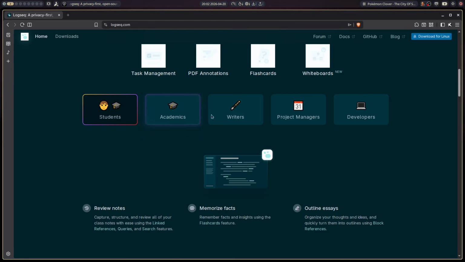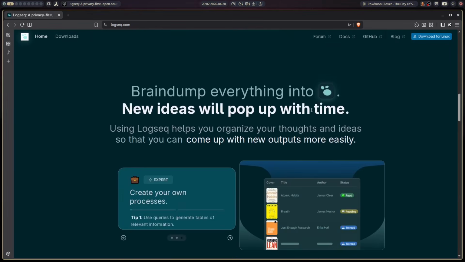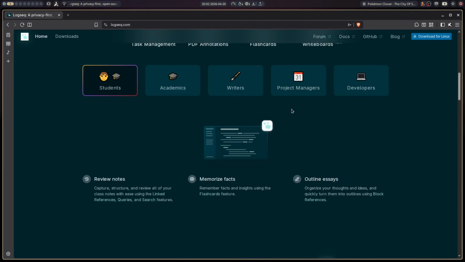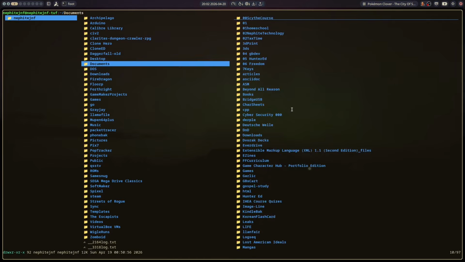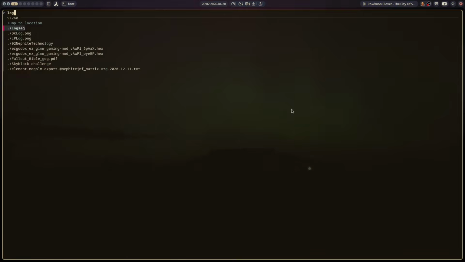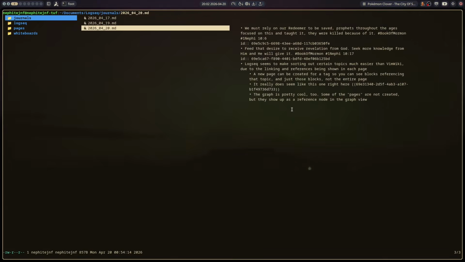So, my forced dark mode is breaking some things, obviously, but that's okay. Logseq, kind of like Obsidian, relies on markdown files. It's pretty much plain markdown files. That's all the way it stores all of the files. So, if I were to go into where I stored that, Logseq. See right there? We've got a bunch of